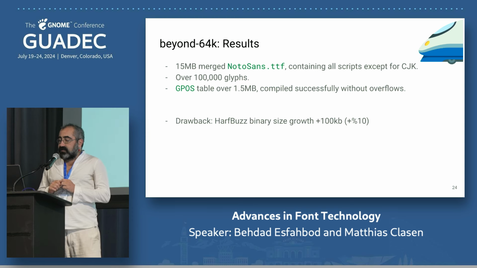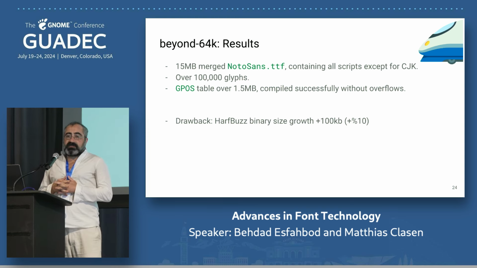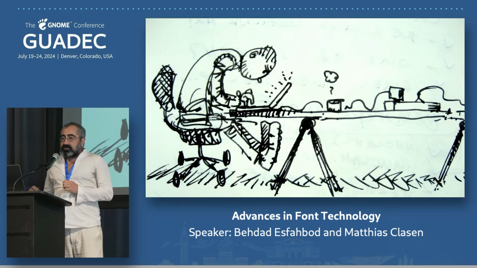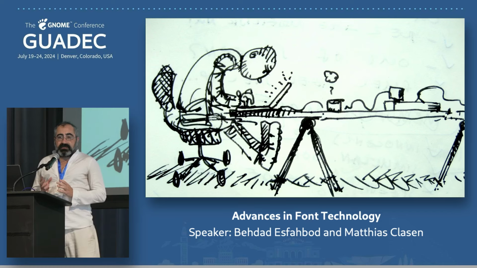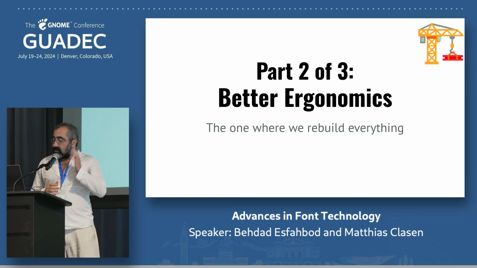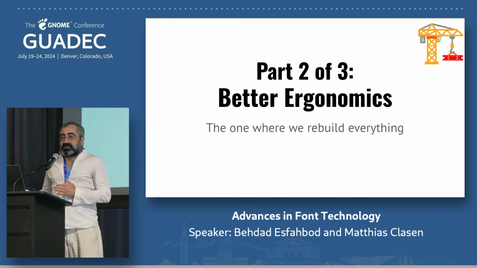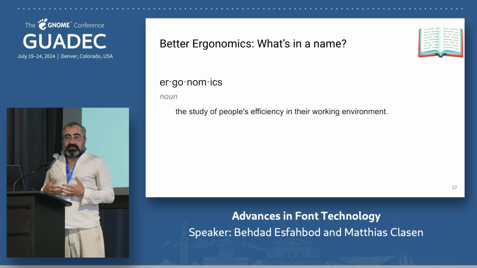And in a Noto Sans merge font that we made without the Chinese, Japanese, Korean, we had over 100,000 glyphs just fine. So that was the boring expansion part of the ideas proposal, which we are pursuing in the standardization track of ISO. Now I want to talk about better ergonomics, which by ergonomics here, I'm talking about the developer experience, not